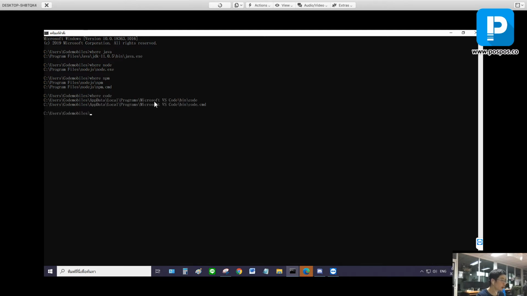when I type the where command in Windows 10, it will show you the directory where you installed the application that you type. For example, if you want to know where the directory of your Java installation is, you can type where followed by the Java application, and this is the folder that you installed in